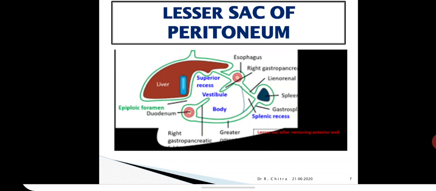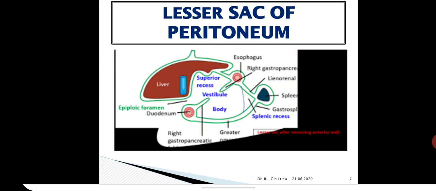To add a note on the development of the lesser sac, we have seen in the development of the stomach. When the stomach rotates 90 degrees anti-clockwise, that is the main cause of the formation of the lesser sac. That is, the omental bursa proper is developed from the invagination of the dorsal mesogastrium downwards and to the left side during the rotation of the stomach. That is the omental bursa proper development. Then what is this superior recess? It is developed from the right pneumoenteric recess.